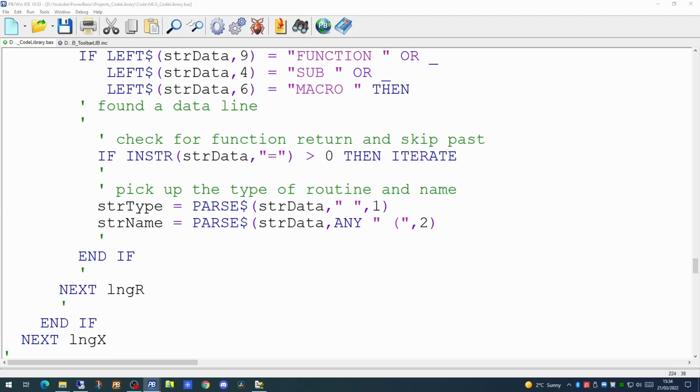So having determined the name of the routine, we now have to look for a description line, which will be a comment line. However, this may not be on the line immediately following the word function. If there are many parameters on the function line, it's quite common to fold these around so the code looks more readable. So we may be looking a number of lines beyond the function line.